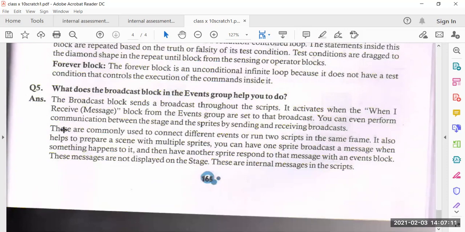Next, what does the broadcast block in the event group help you to do? Now this is the main thing. The broadcast block sends a broadcast throughout the script. Actually, they have given scripts.